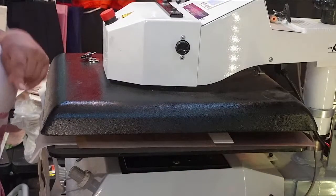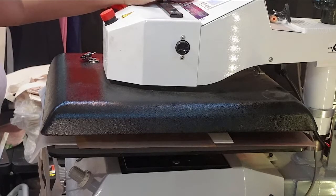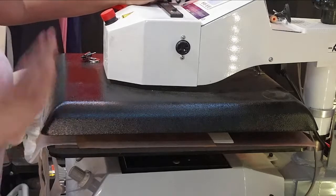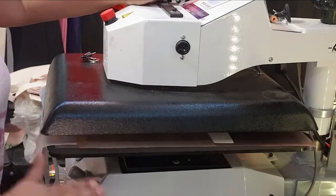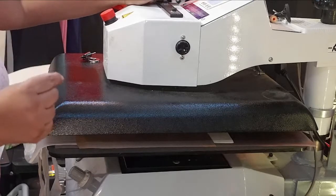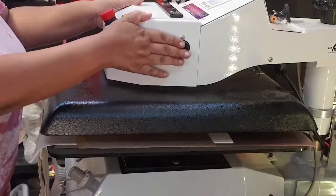On these bags, I have found that between 370 to 374 degrees is perfect. Once you get to 375, this bag will start to burn and the polymer starts to turn yellow. 20 seconds. The manufacturer says 375 for 25 to 30 seconds, but these bags...